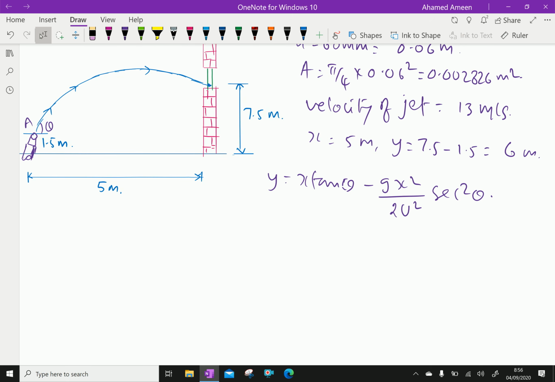Now here y is 6, x is 5, so 6 equals 5 tan theta minus 9.81, g, into x square, which is 5 square,